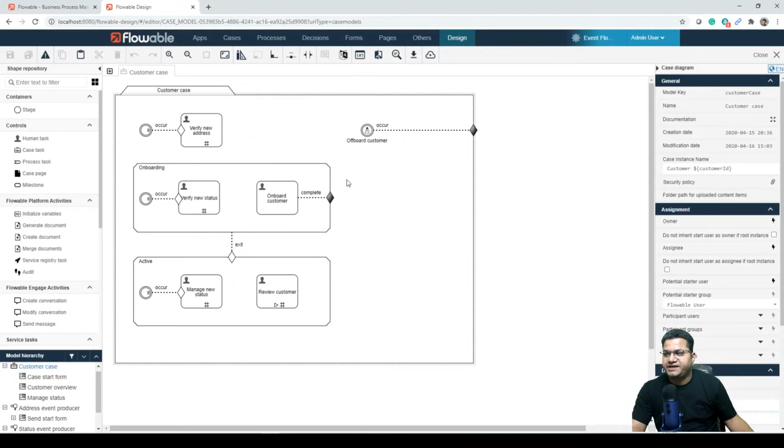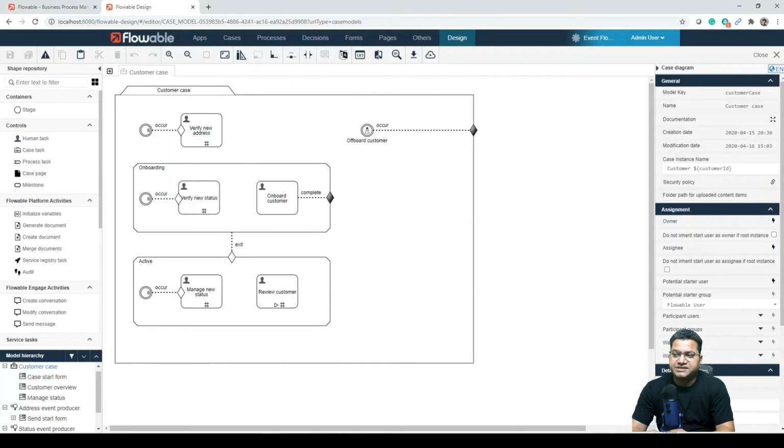On the customer case, we can see the model, and in this model you can see the case with two stages. One is onboarding and another one is active, containing some human tasks plus another human task outside the stages. There is also a user event listener that will complete a case if triggered. The verify new address task can be executed multiple times.